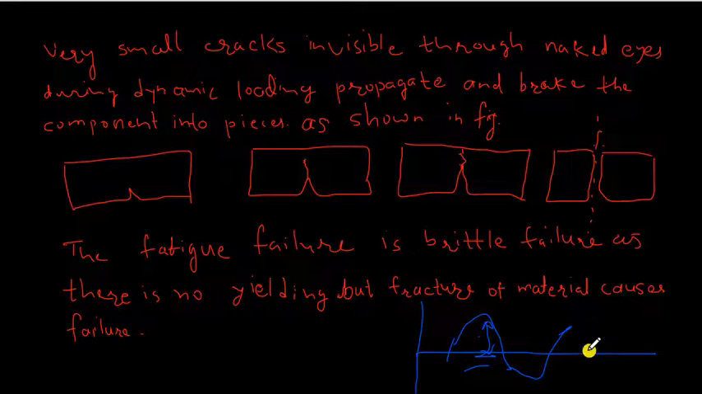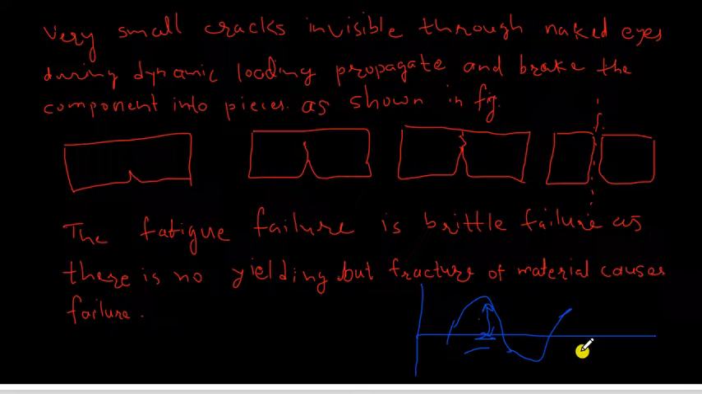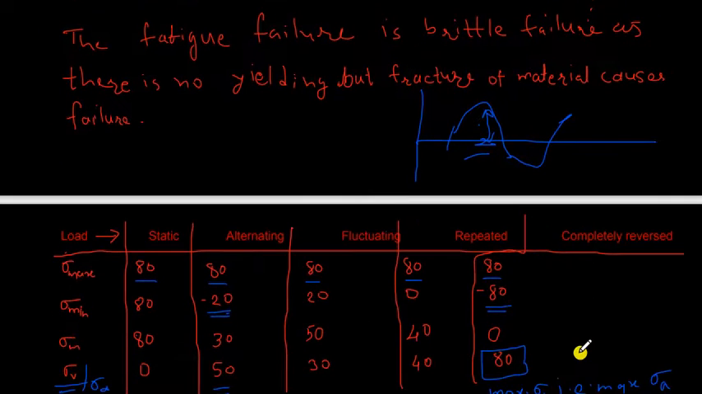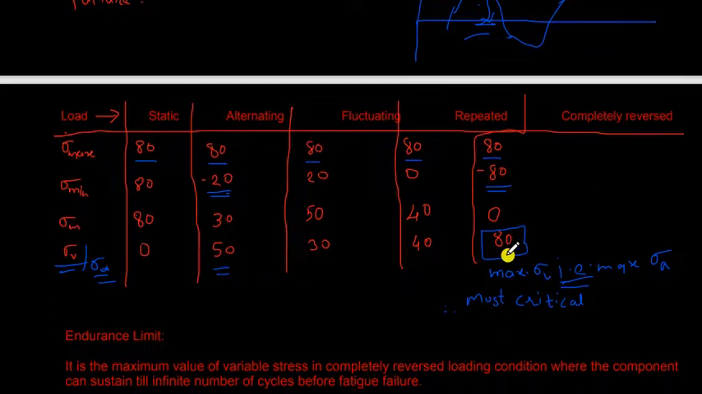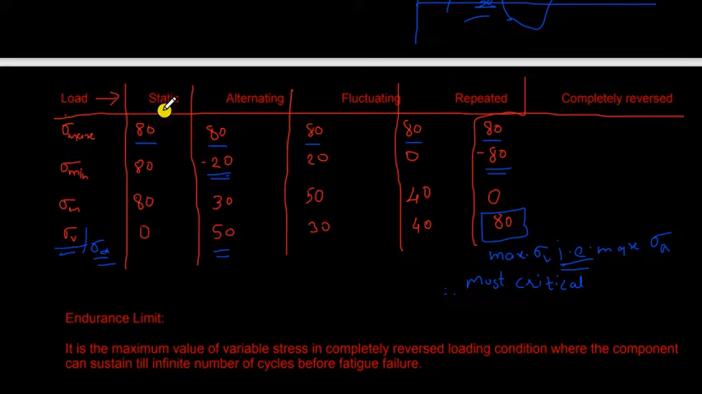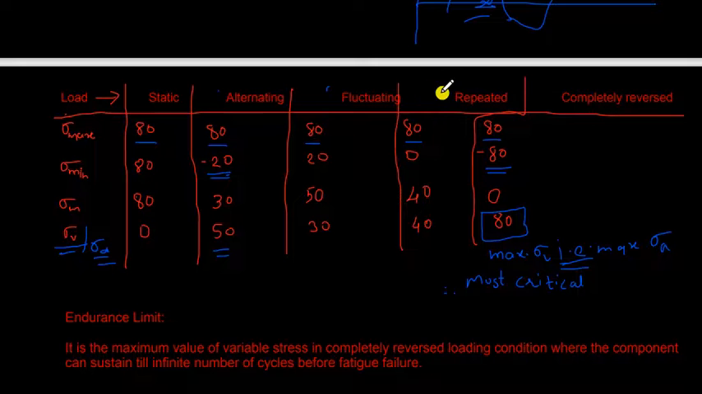So for your convenience, I will show the table before discussing the fatigue failure. Here you can see in static loading condition and alternating the 4 cases which we have discussed: 1, 2, 3 and 4. These are dynamic loading conditions and this one is the static. Now we will see the